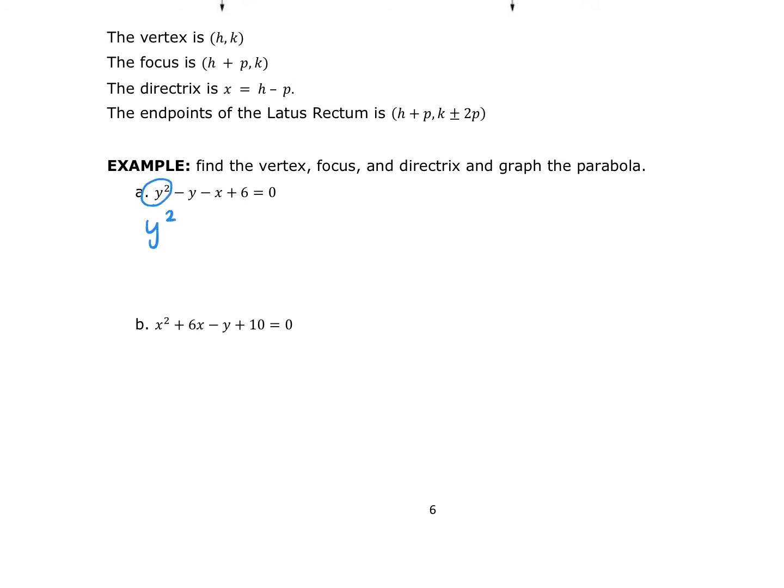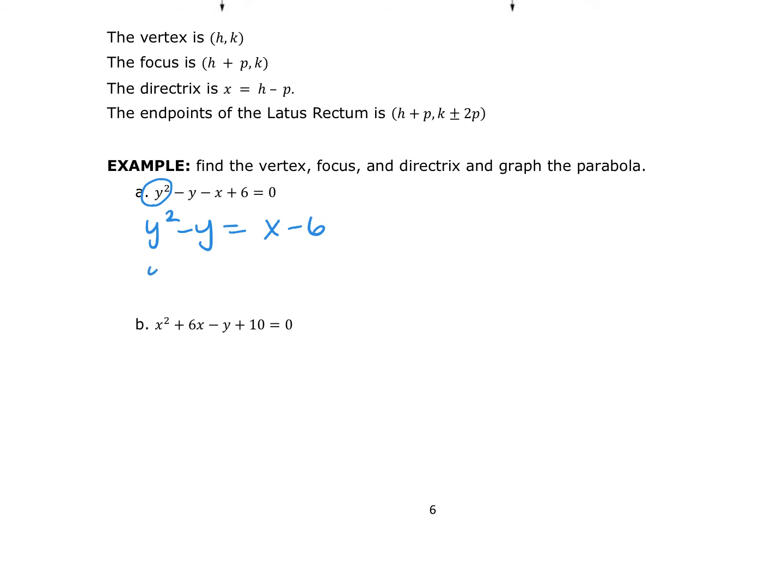So I want to have y squared minus y is equal to. Because the y is squared, I'm going to move the x to the other side of the equal sign. I'm going to move the 6 to the other side of the equal sign. So I have x minus 6. I need to complete the square on the left-hand side, not the right-hand side, because the right-hand side is not